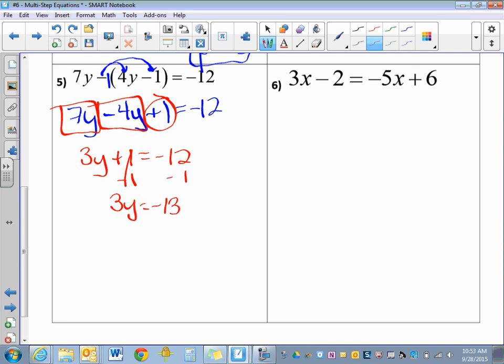And then Morgan, what do you think our last step is? Divide by 3. And this gives us a not very nice fraction. Those reduce to 1, and you can't reduce -13/3 anymore. So anyway,